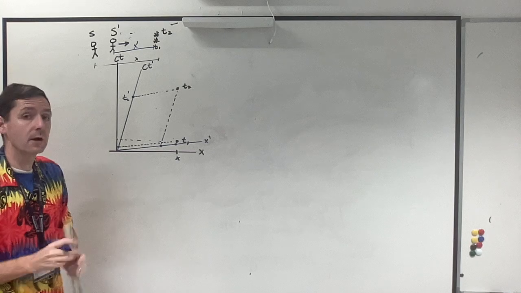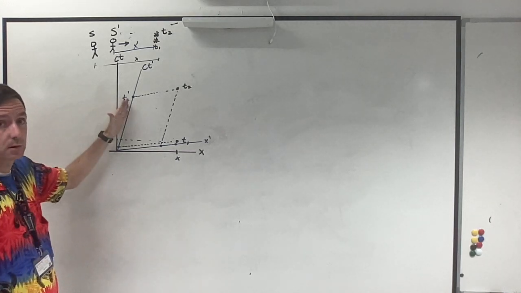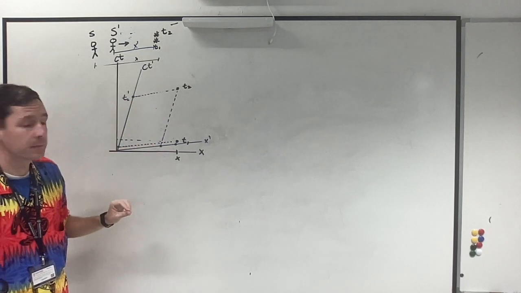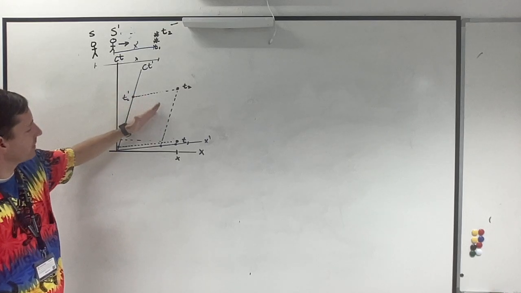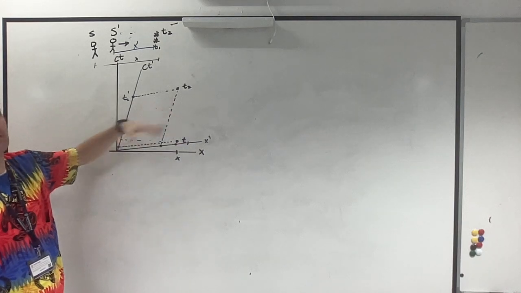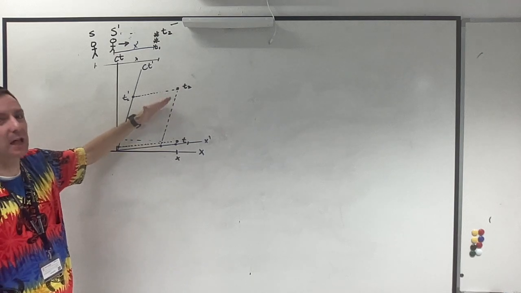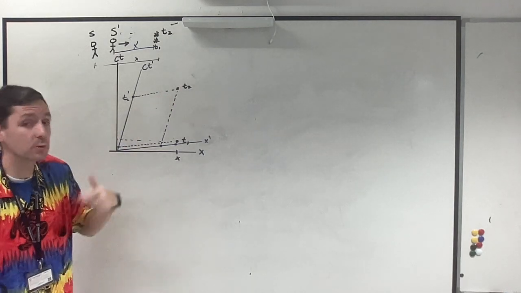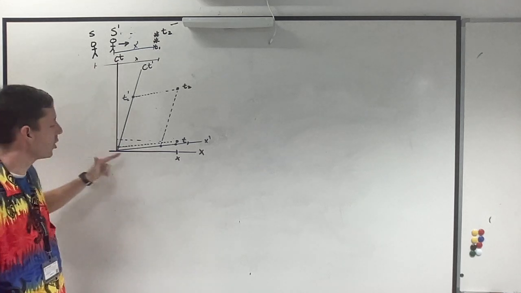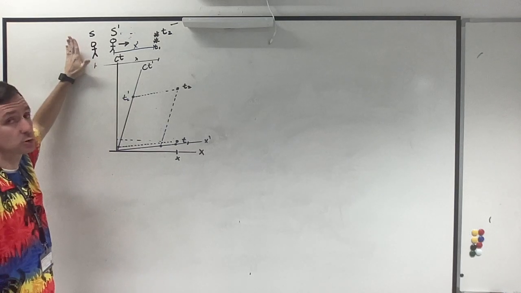Now, one of the things hopefully you're noticing is that if this is not very steep, then this is not very steep, and it doesn't change things very much. The more that this leans over this way, the more that this will lean up, and the more that things will be affected. The closer we get to the speed of light, the more our results will be affected in the long run. If we are very, very close to the worldview of S, then things will change very little,